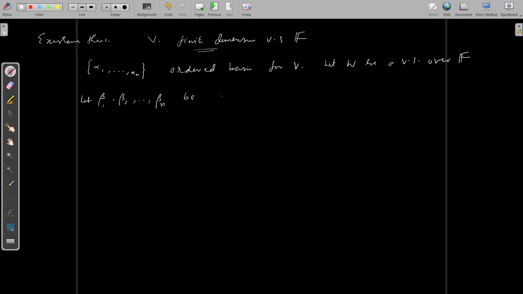be any vectors in W. So these are the arbitrary n vectors, need not be basis or any, there is no restriction on these beta i's. You can choose all these beta i's as 0 or all the beta i's are same, whatever may be. These are the arbitrary elements of W. Then the theorem states that then there exists